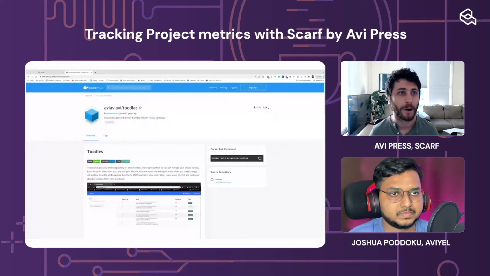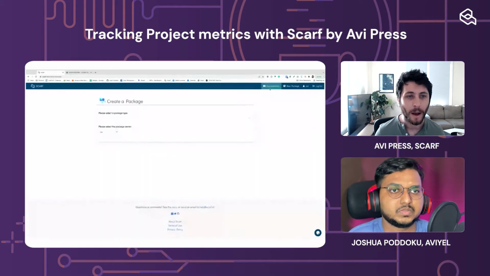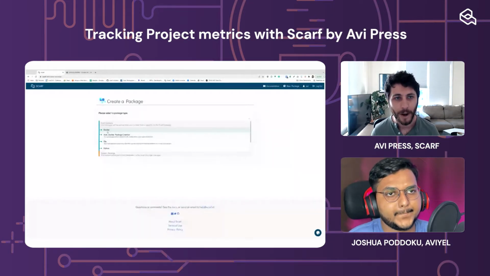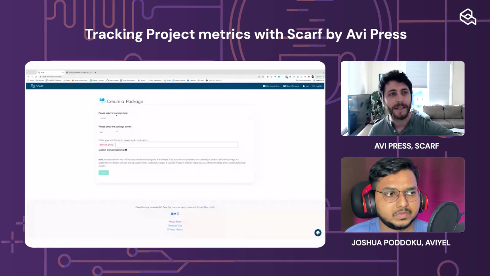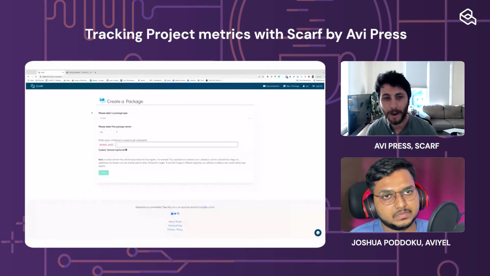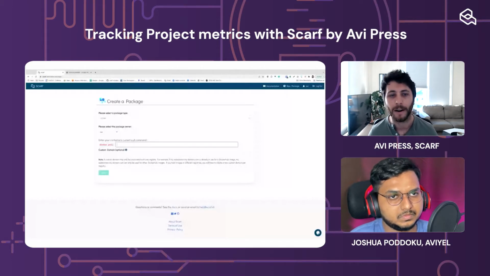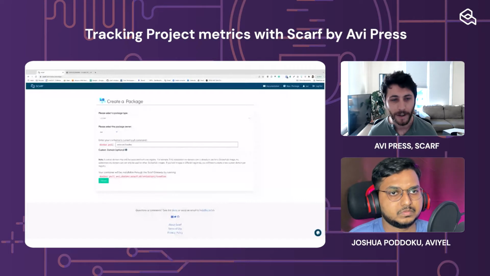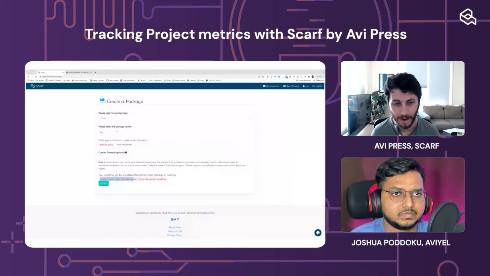Basically, if I want to know how the container is being used, I'm going to create a Docker package type on Scarf. The idea is that Scarf is going to sit in front of Docker Hub with respect to my user. I'm going to tell Scarf, okay, where is my container's current pull command? So I'm telling Scarf, here's the current identifier of my project. And Scarf is spitting out a new URL that I can use to give people to pull down my Docker container.